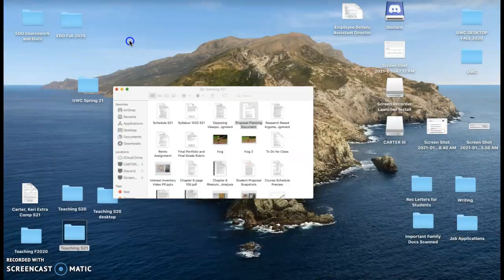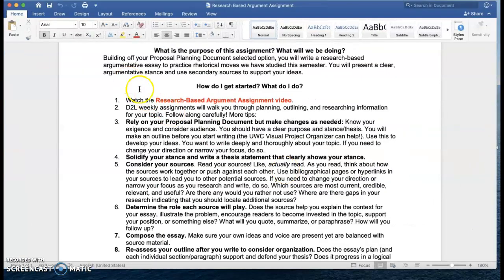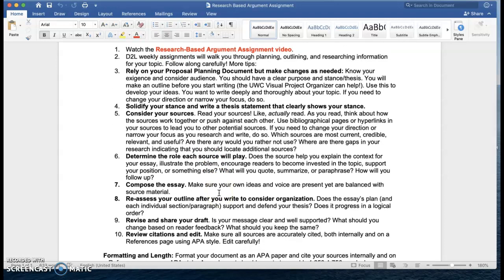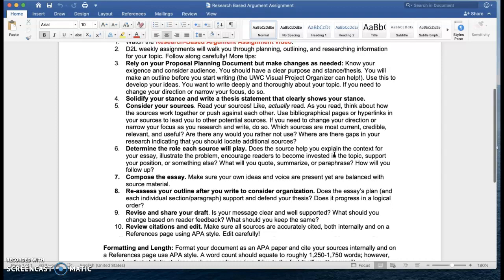All right, let's go back to our assignment sheet here. All right, so that's what you're going to do. First of all, you're going to propose a topic. And then after that, you're going to start doing things like starting to look through your sources, actually read your sources after you've made sure that they are credible and potentially useful, and see if you need to change your direction or focus. So it's just like I was saying, if I'm looking at Finland education and I'm like, woo, this is good, but there's a lot of stuff, and instead of getting in depth, I'm just surface level, maybe you do narrow it to something like parental involvement. That'll help you solidify your thesis statement.